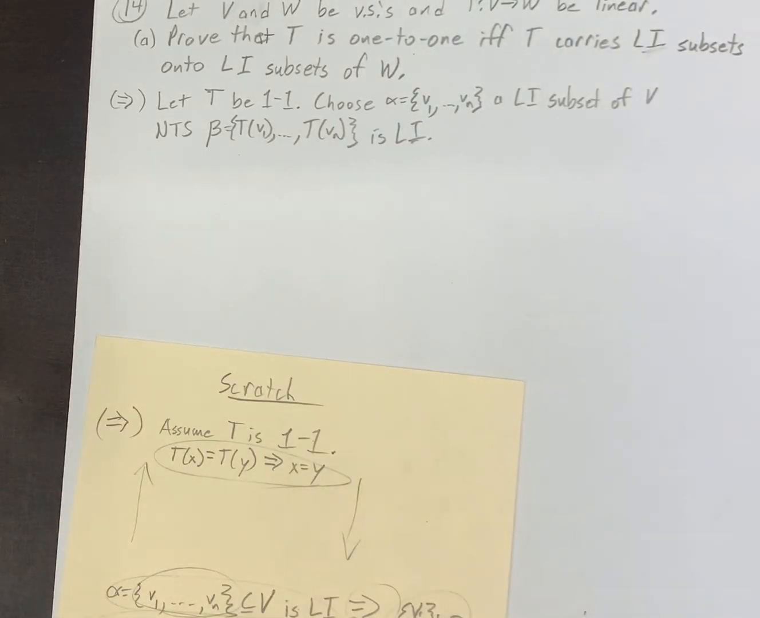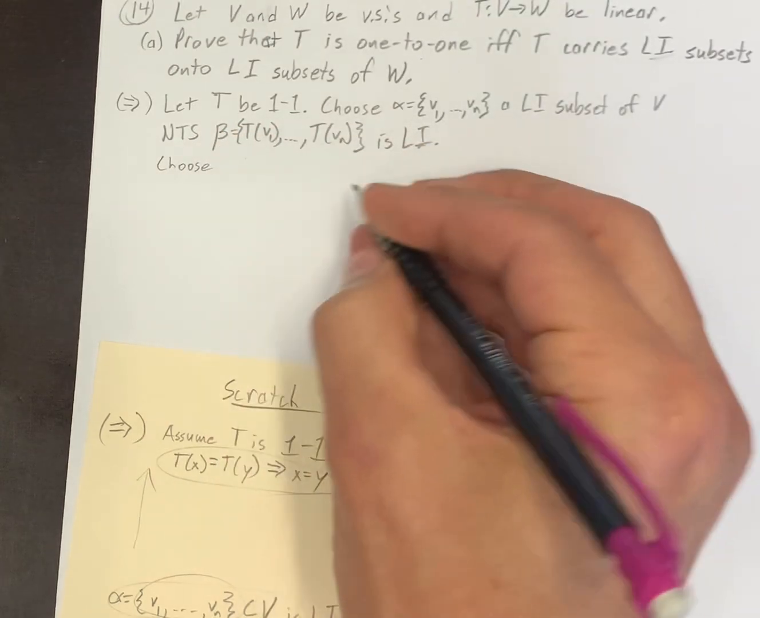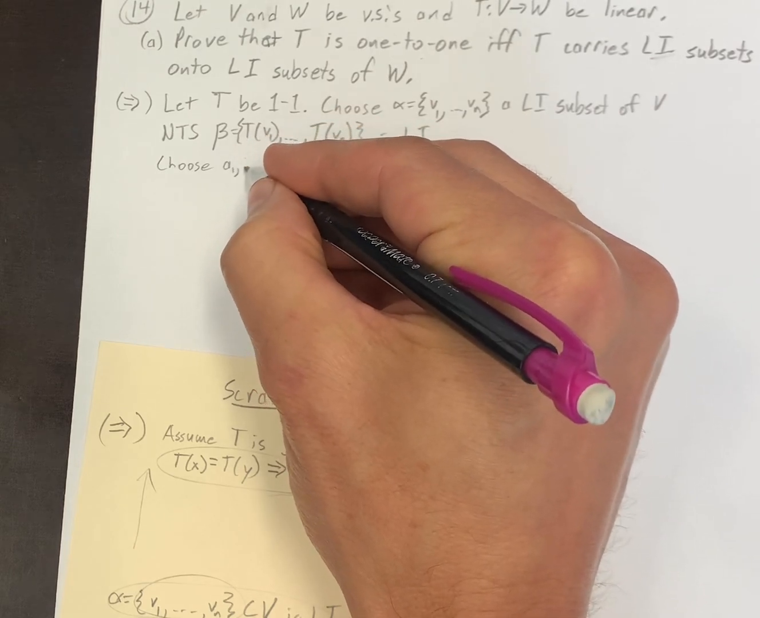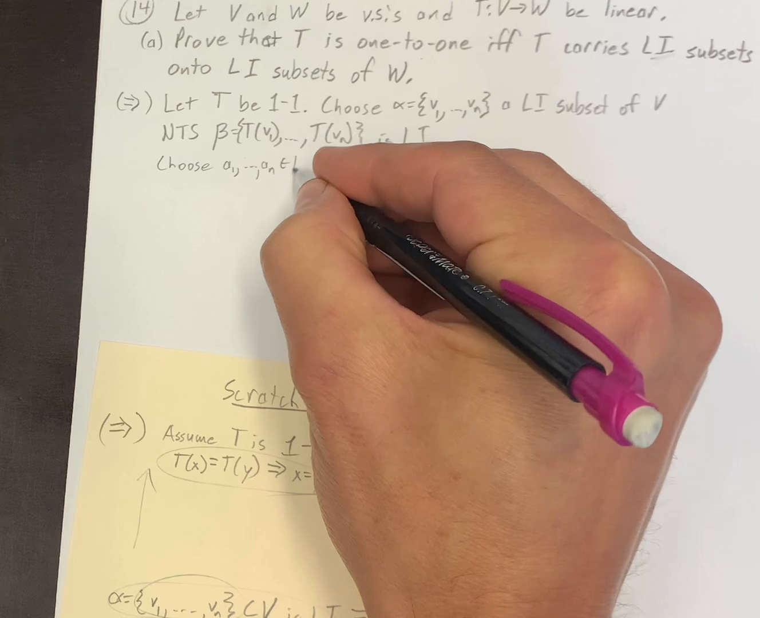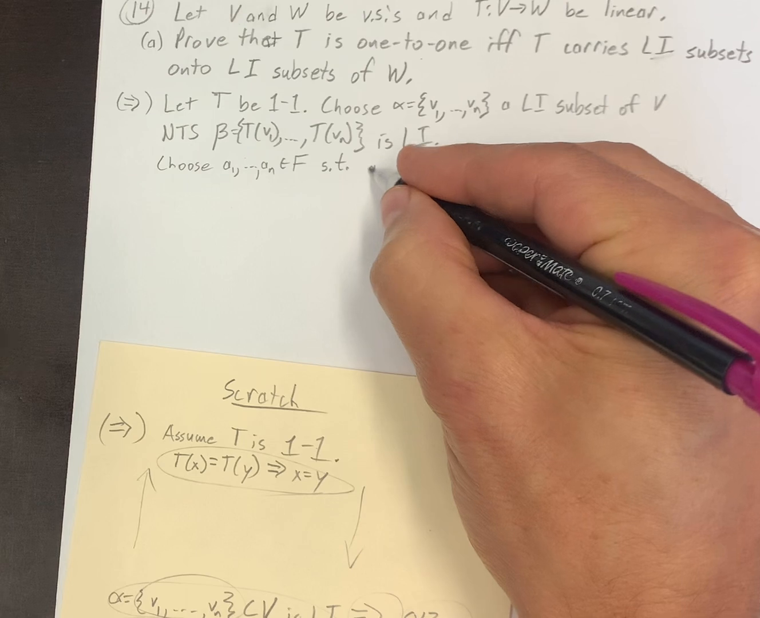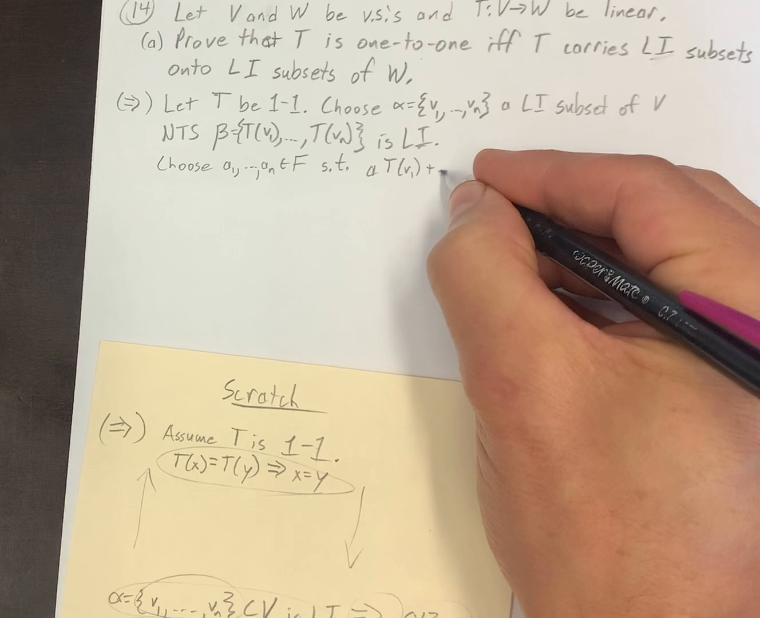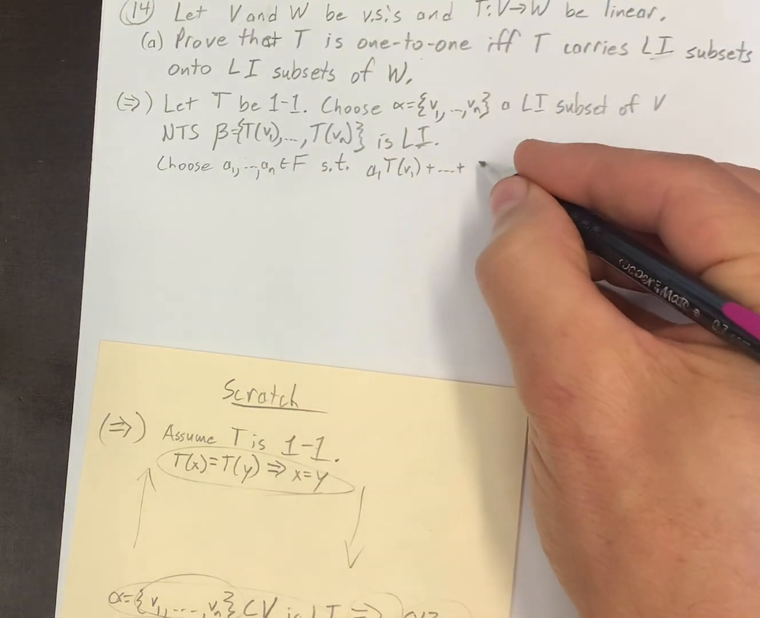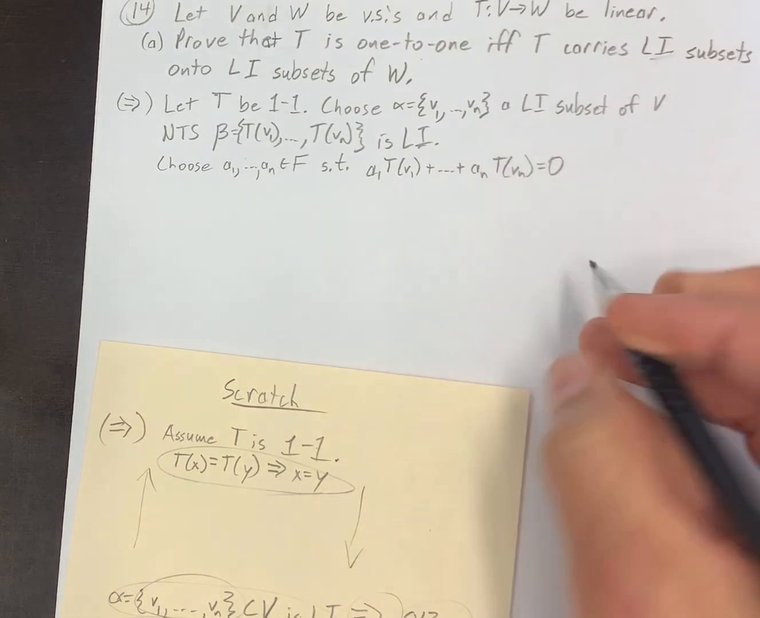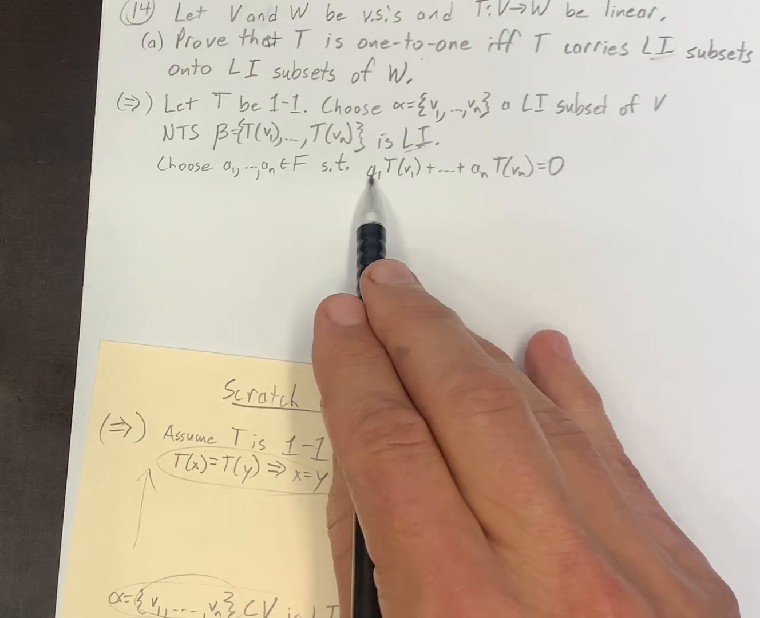How do you show something is linearly independent? Well, saying something is linearly independent, we've got to choose coefficients A1 up to An in the field such that A1 T V1 up to An T Vn equals 0. And to show that it's linearly independent, I've got to show that all the Ai's are 0. Well, this is just a classic